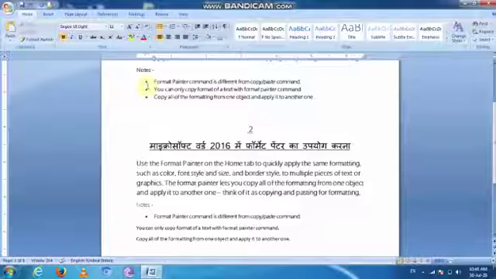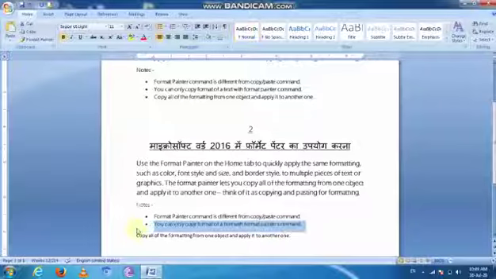Similarly, I select the second lines, and for these second lines use the shortcut key Control Shift C, and these text lines are applied on the second format text line. I select these lines first and use the other shortcut key Control Shift V. You can see these lines are changed.